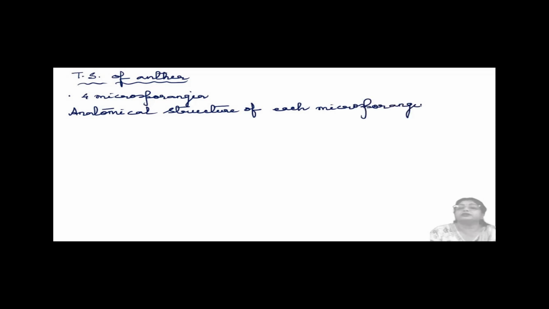So you should be very careful, because 2 types of structure they ask for in the board exam. One is the structure of the microsporangium, another is the pollen grain, the microspore. Those are two very different things, and you should know this also. I should give you the concept that this is a 2N, diploid structure. The ploidy of the microsporangium is diploid. Okay. Now let us move to the structure.